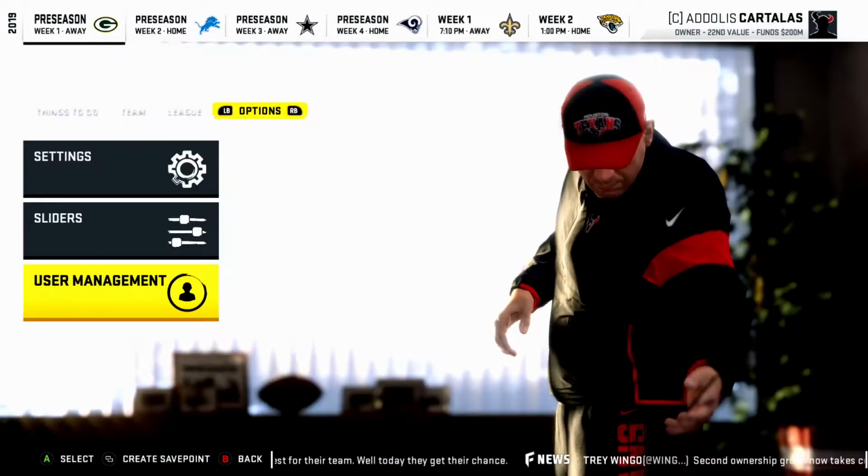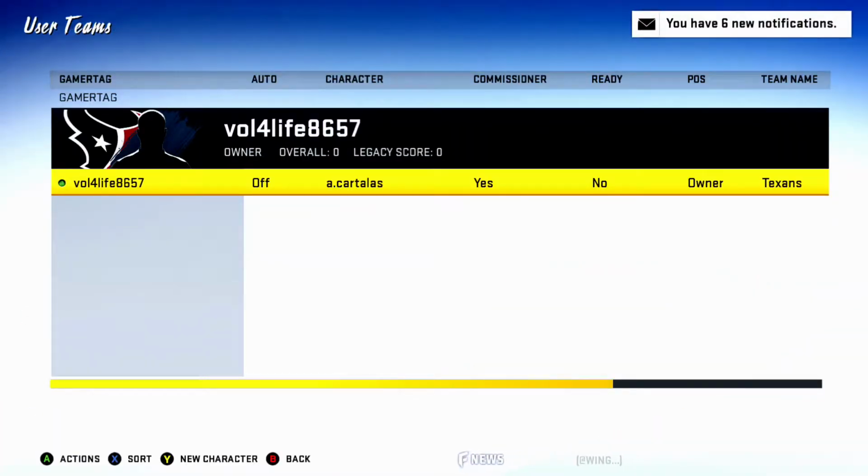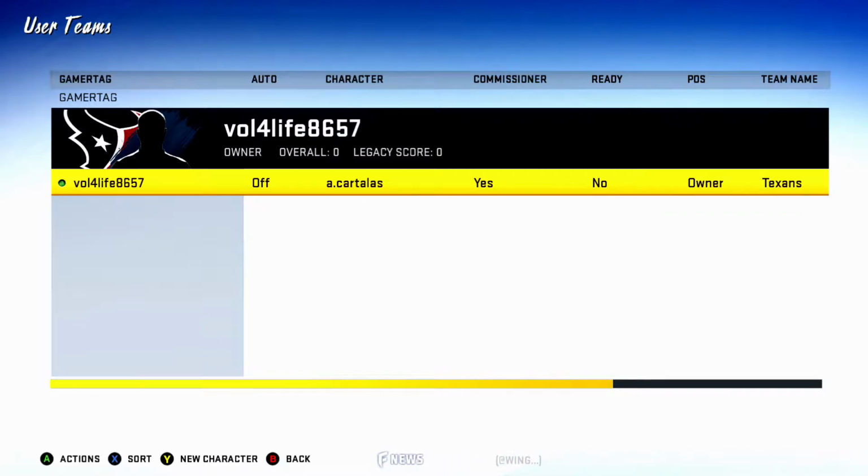User teams. Let's say I know that my player, gamer for life player 8657, is with the Cowboys. Or that I know that my player is with the Chiefs. And I know